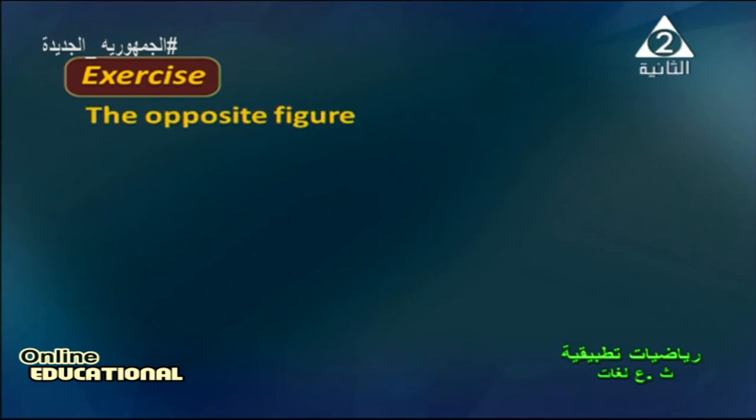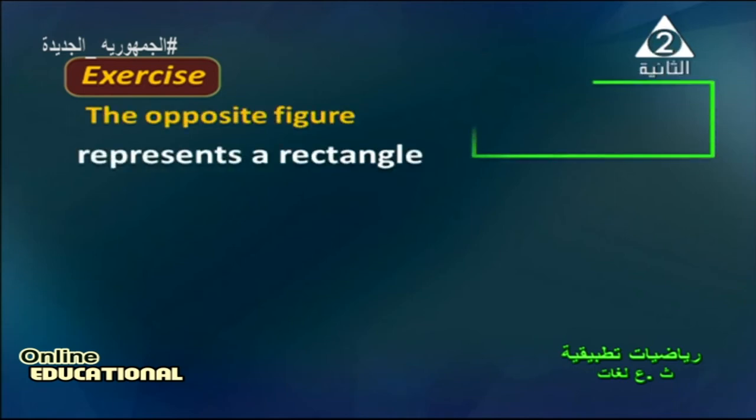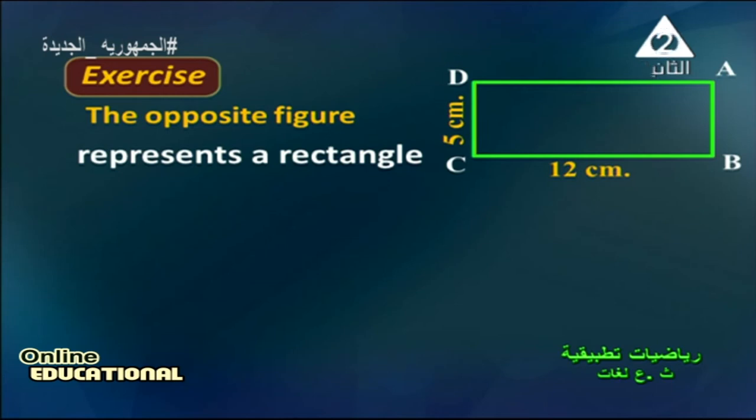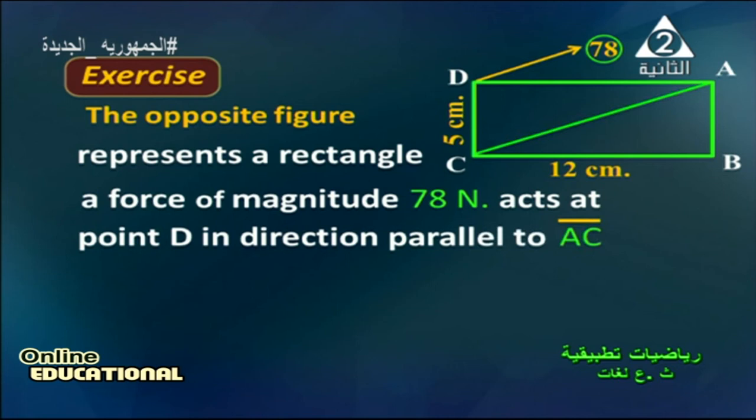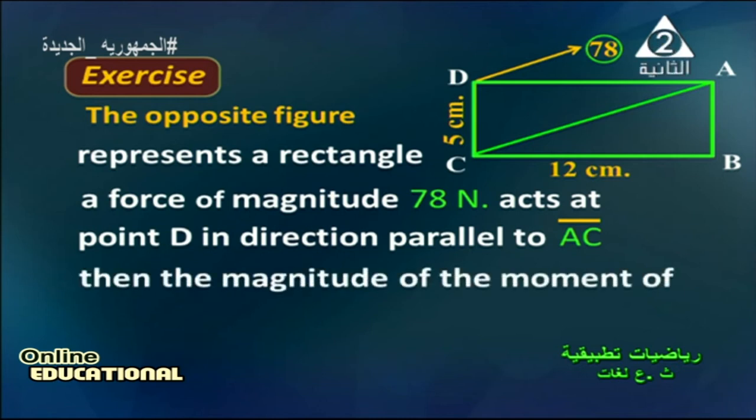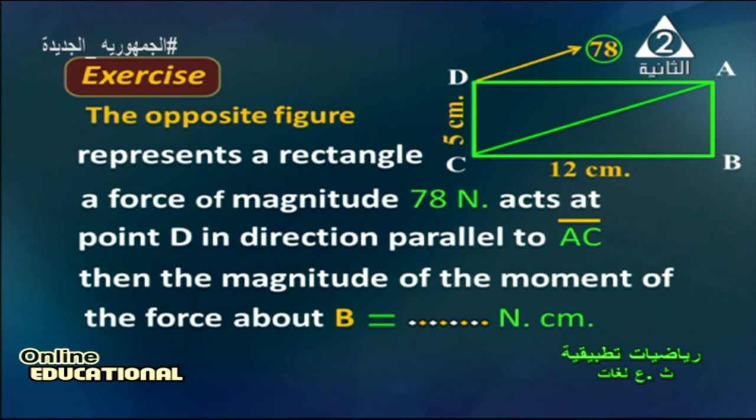Another exercise. The opposite figure represents a rectangle ABCD in which BC equals 12 centimeter, CD equals 5 centimeter. A force of magnitude 78 Newton acts at point D in direction parallel to line segment AC. Then the magnitude of the moment of the force about B equals